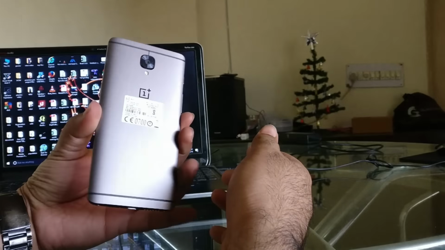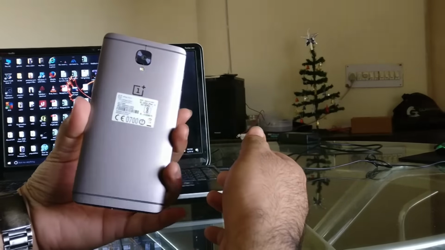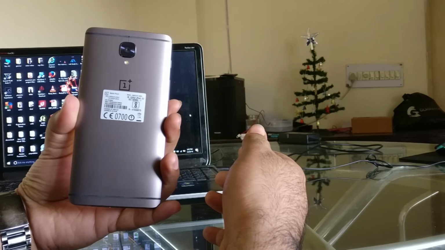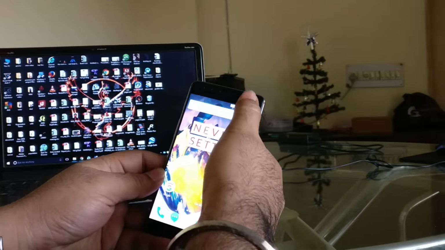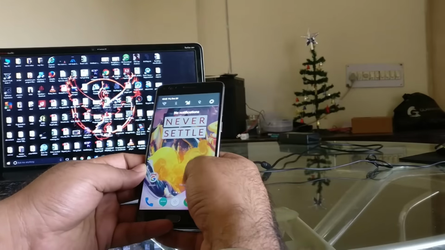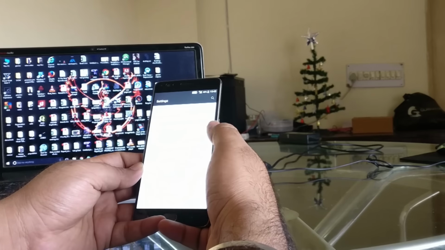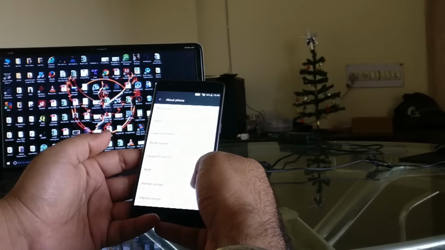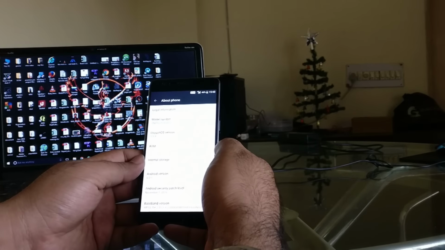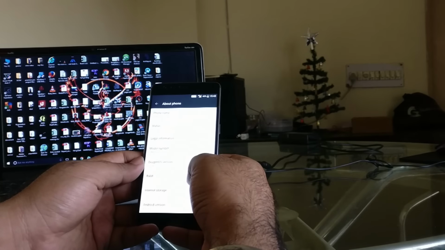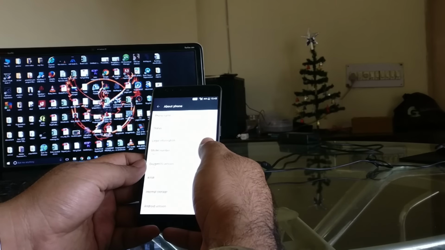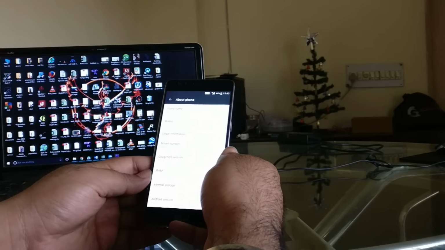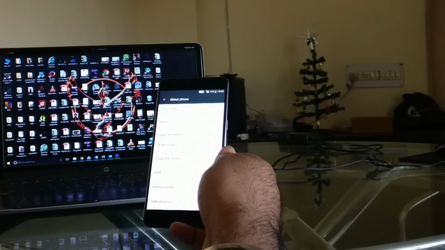We are discussing the OnePlus 3T, the Gunmetal 64 GB. It's been 2 days since we got this phone, and what we are experimenting with now is adding Nougat, that is Android 7, to the OnePlus 3T. It's like a Christmas gift which has been leaked. It's not official right now, but it has been leaked, so we are just adding that. I think you guys should also try this, and we'll go ahead.